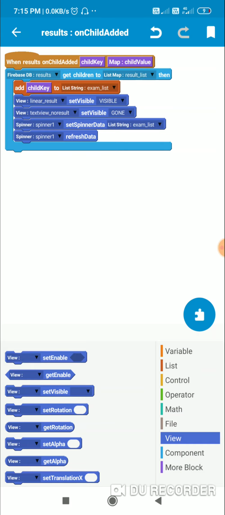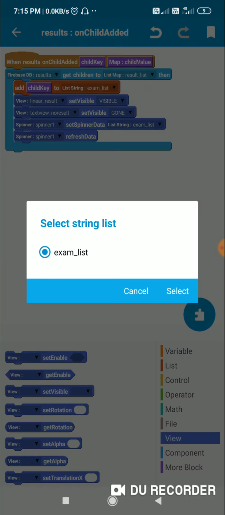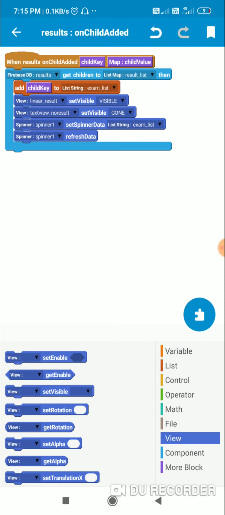And here I get the child key to list string exam list, which will contain list of all the exams, and I display this exam list in spinner, which is spinner 1.